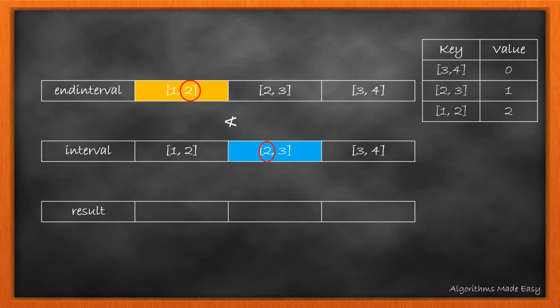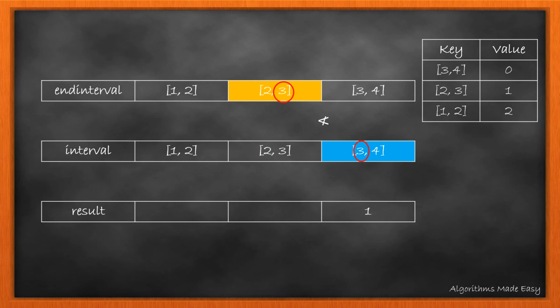So at the index of the current interval, we need to put the index of the interval that we found. Here the map comes into picture. We put the value 1, which is the index of 2, 3 at index 2, which is the index of 1, 2. Moving on to the next interval and keeping the pointer at the initial array, we again check for the conditions. As 3 is greater than 2, we increment the pointer. Here the condition fails, and so we find their respective indexes and put 0 at index 1.